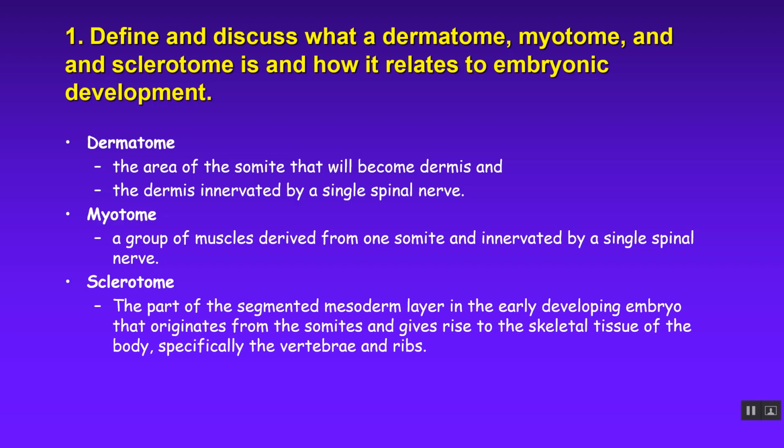It's a part of the segmented mesoderm in the early developing embryo that originates from the somites, just like the other ones, the dermatome and myotome, but they give rise to the skeletal tissue of the body. More specifically, the vertebrae and ribs. So they're really developing the vertebrae and the rib regions. Your distal skeletal structures get developed by mesodermal differentiation, but not specifically as much from the somite. Okay, so